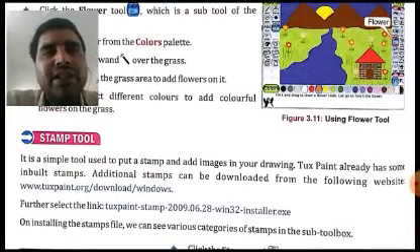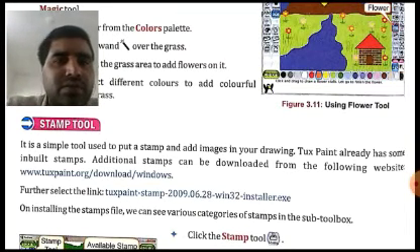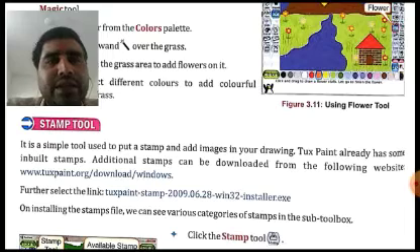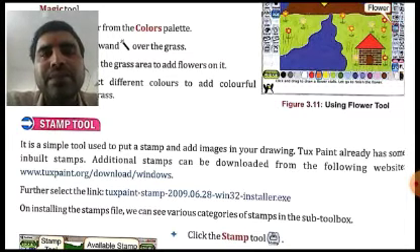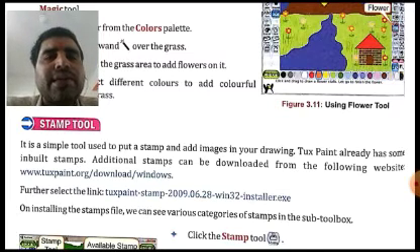Okay, stamp doesn't mean that you have to create a very complicated stamp. TuxPaint already has some inbuilt stamps also. So stamps are simply images. Additional stamps can be downloaded from the website of TuxPaint,